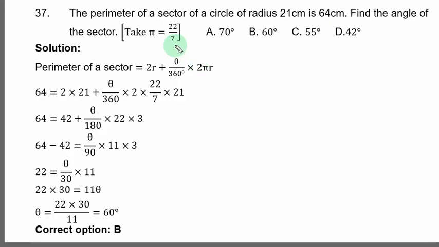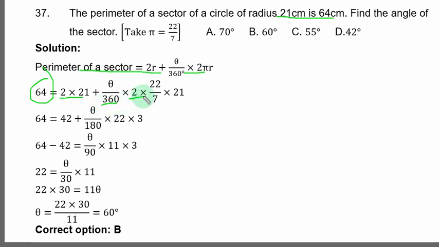Question 37. The perimeter of a sector of a circle of radius 21 centimeters is 64 centimeters. Find the angle of the sector. Perimeter of a sector is equal to 2r plus theta over 360 degrees times 2 pi r. The perimeter is 64, radius is 21, so you have 2 times 21 plus theta, which is unknown, over 360 times